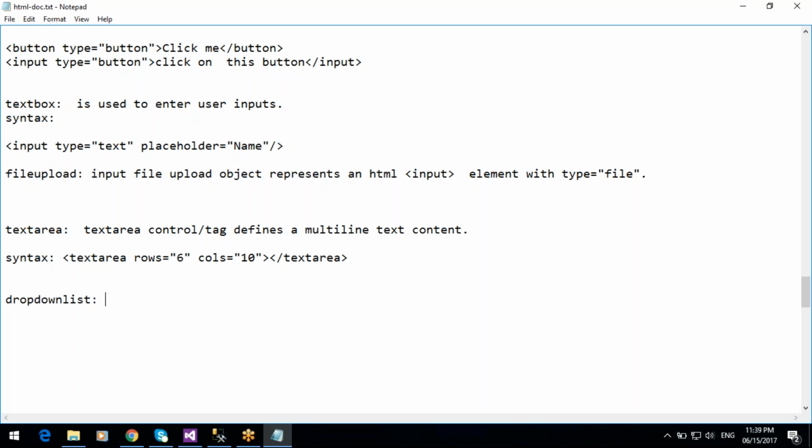Okay, so drop down list. The select element is used to create a drop down list. The HTML select element is used to create a drop down list. Using this drop down list, you can select